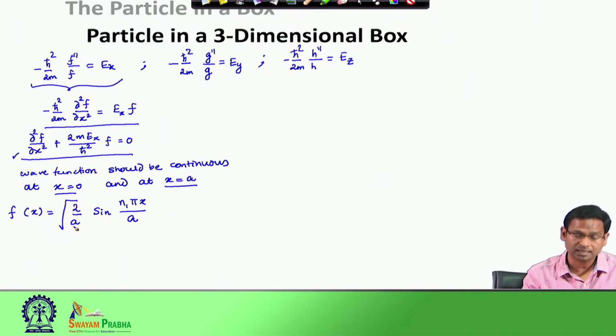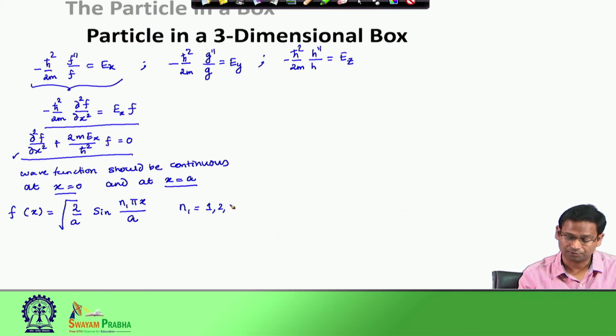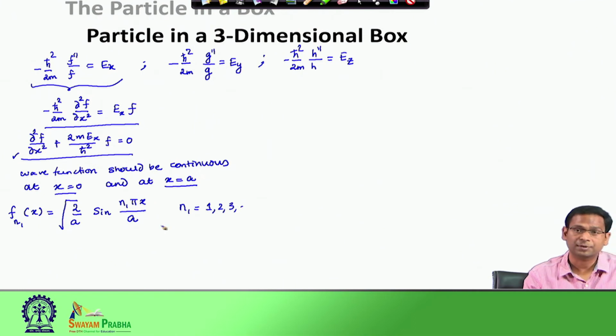In that case, instead of a, we had capital L, which was the length of the box. The same here, and here we have this quantum number n1, which can, like the previous case, go from 1, 2, 3 and so on. So, this function f has a dependence on one quantum number n1, and similarly I can write the function